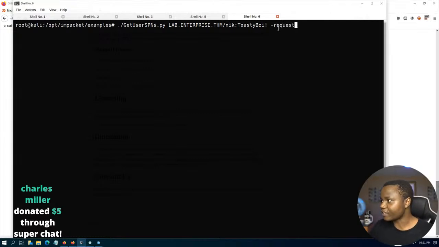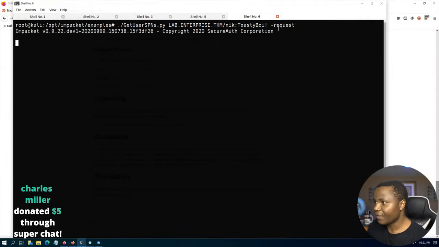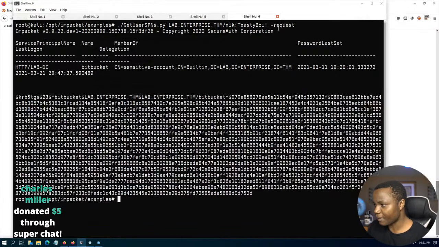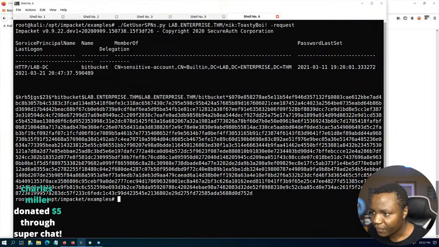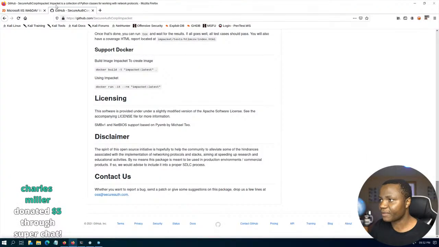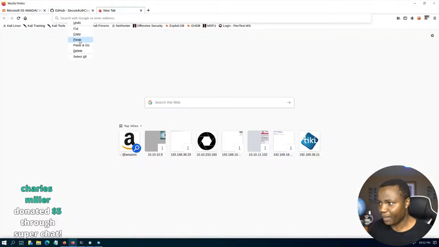If you do a dash request, we can actually get the password hash for the user Bitbucket within Active Directory. And as you can see, here is our password hash. We have this here, KRB5TGS. This is Kerberos, right? So let's identify this hash. We can crack this hash using Hashcat, but we need to make sure that we identify it appropriately. What you can do is you can just paste that first part,